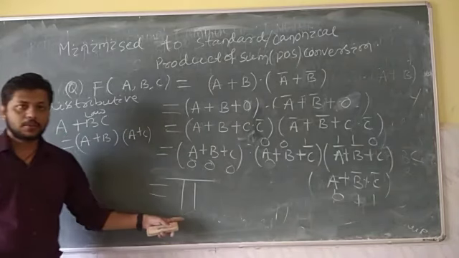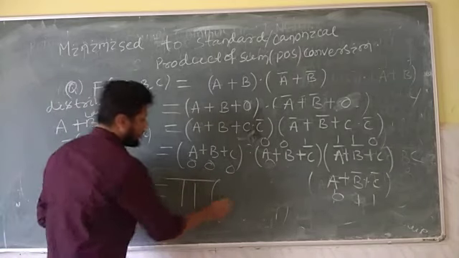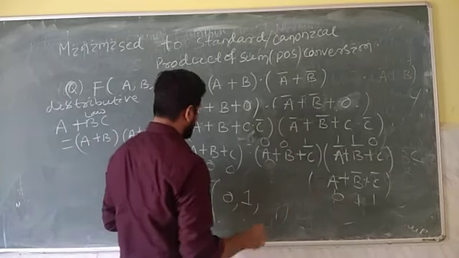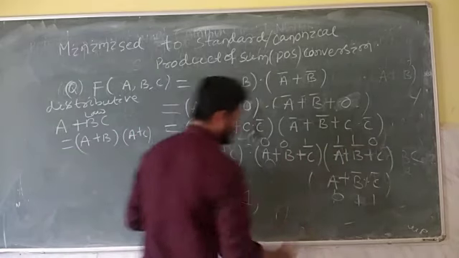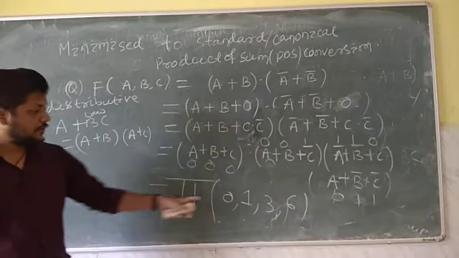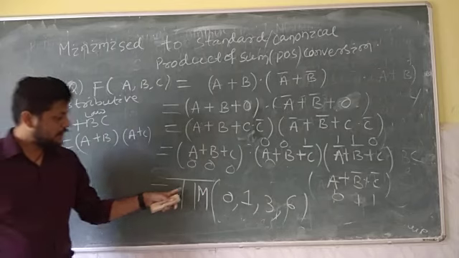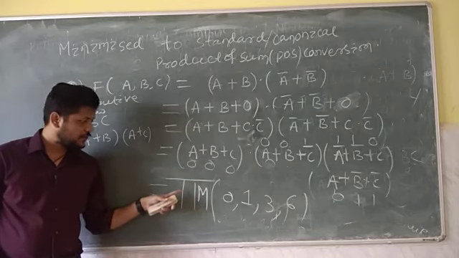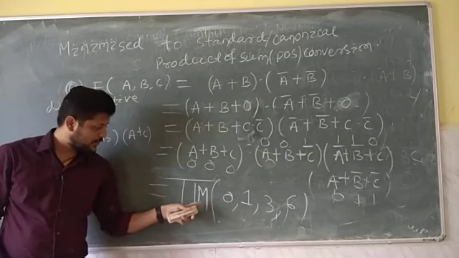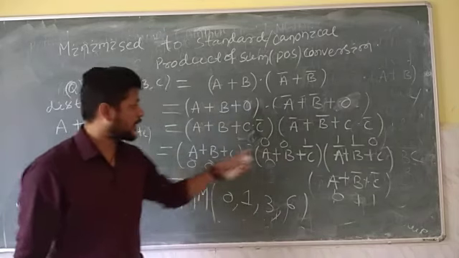So now for product of sum form, the symbol I am going to use is this. This is the product of sum form symbol. So 0, 0, 0 means your 0 term, then 0, 0, 1 means 1, then we have 1, 1, 0 and 0, 1, 1. So 0, 1, 1 is 3 and 1, 1, 0 is 6. That is product of max terms. This is known as your max term. Max term is denoted as capital M, and this symbol is pi. It indicates product of all the max terms. And what are the max terms present? 0, 1, 3, 6. There are 4 max terms.